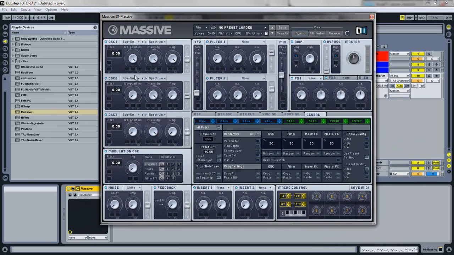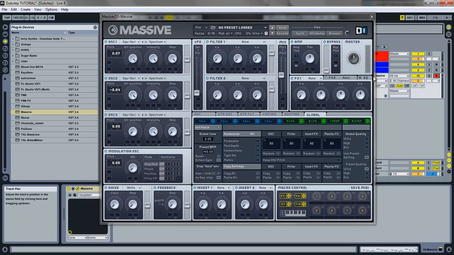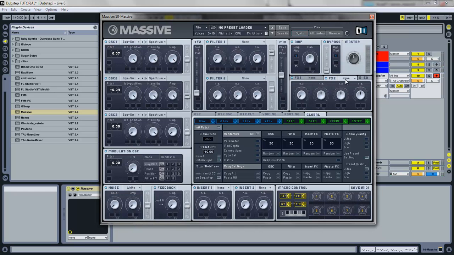I kind of want a sawtooth, a little bit detuned saw, so I'll put both of my oscillators on saw. Let me put one up just a little bit, by clicking on these ups and downs, maybe to 0.07 and to 0.04. Throw that up. Arm my track. Okay, so that sounded pretty cool. Let me go in here just in case I want to add a little bit of distortion. I actually don't think I'll be using distortion. I'm going to put my dimension expander on, and I'm gonna double click on my dry wet to set it right to the middle. Just drag the size all the way down,